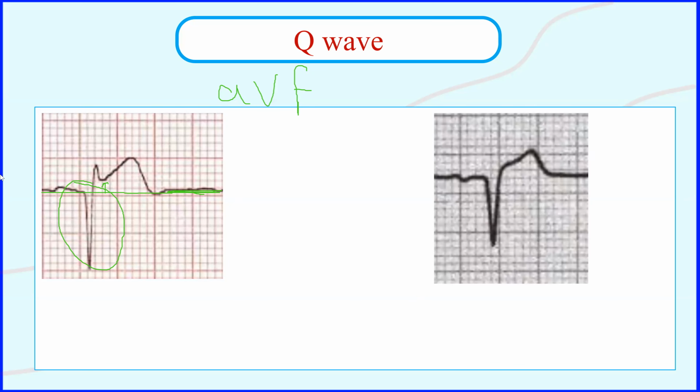Okay, what about this one? Actually, this is lead V1, sorry, not lead 1, it's V1. So if we see a Q wave like this, this is called QS. So we can see a Q wave here. This is totally abnormal. So this also indicates an infarction. If we draw this line here, there is ST segment elevation, as we can see, and there is a Q wave. This is an acute MI as well. If the ST segment is normal, most likely this patient will have a previous MI, because a Q wave is very pathological in these circumstances. All right,